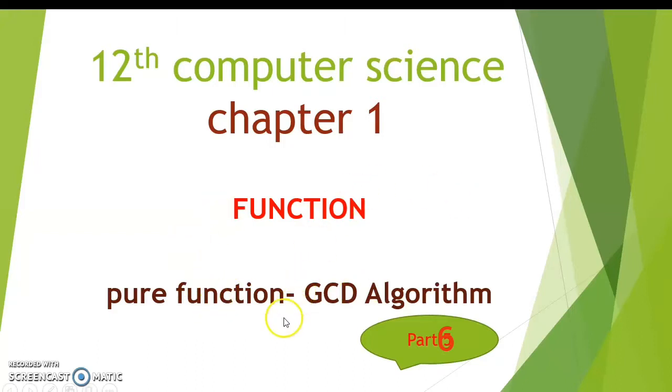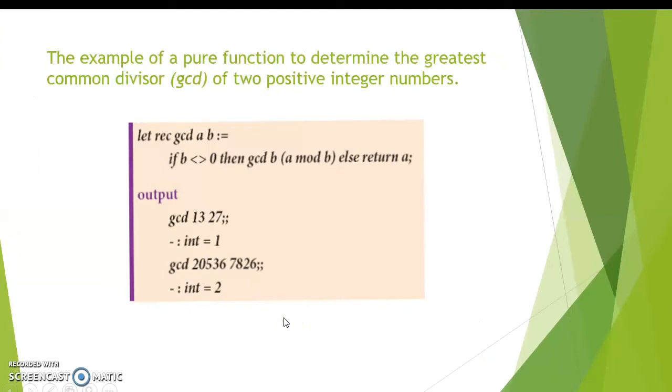Okay. So we know how to calculate GCD. In the lower section also we studied the expansion of GCD: greatest common divisor. We are going to find out the greatest common divisor of two positive integer numbers.